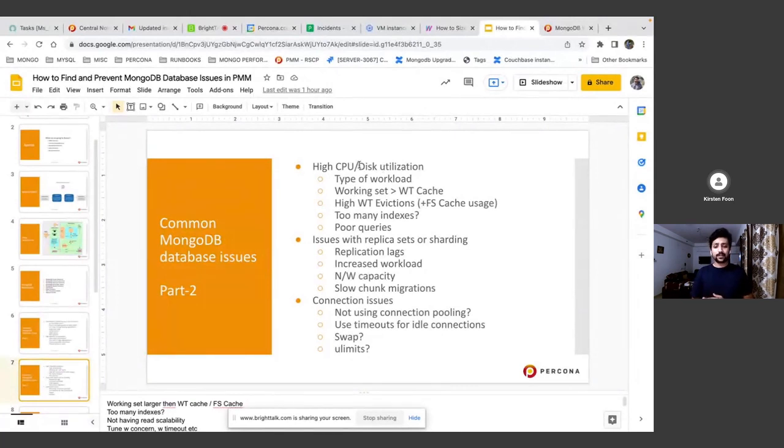Okay, the next is high CPU and disk utilizations, right? CPU is a very easy way to find out what could be the cause. Even for disk utilization, like I said, you need to identify what type of workload you are running. Is it a read intensive workload? Is it a write intensive workload? And how many operations are running? How many inserts, updates, deletes, and how many find operations are running, right? Based on that, you can calculate the number of IOPS and the disk bandwidth you're going to utilize,